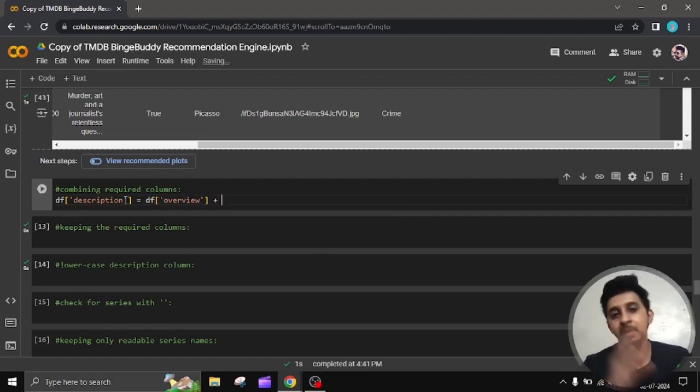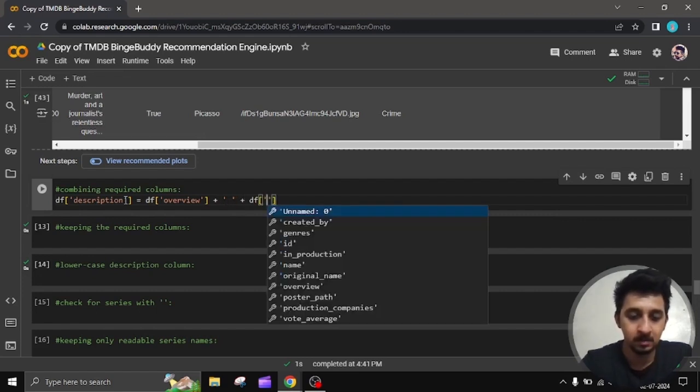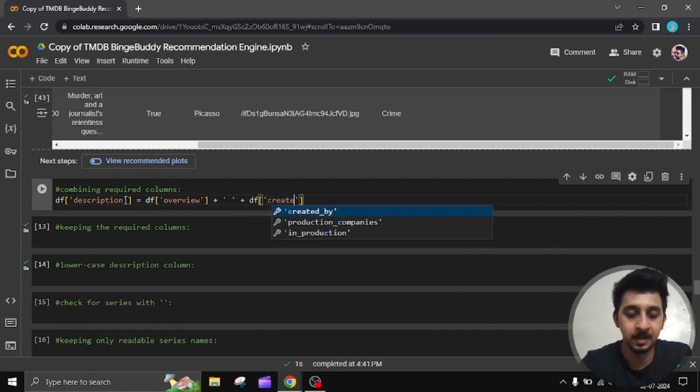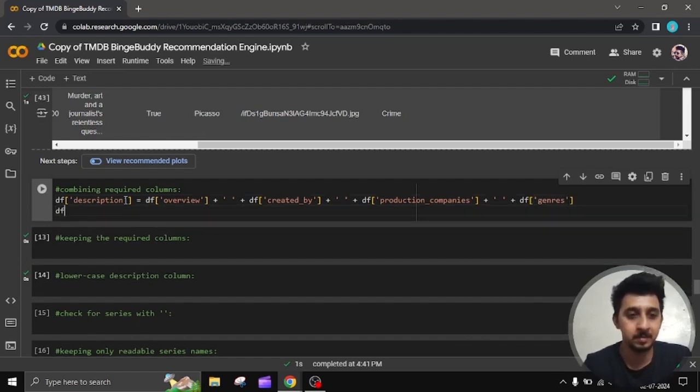प्लस, तो हम हर एक कॉलम के बीच में एक स्पेस ऐड करेंगे, स्पेस प्लस df का क्रिएटेड बाय प्लस स्पेस प्लस df का प्रोडक्शन कंपनीज प्लस स्पेस एंड एट द एंड आएगा df का जॉनर्स. सो अगर मैं अभी आपको डिस्क्रिप्शन बताऊं,